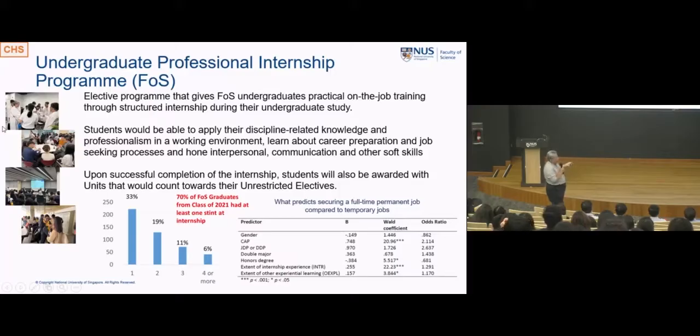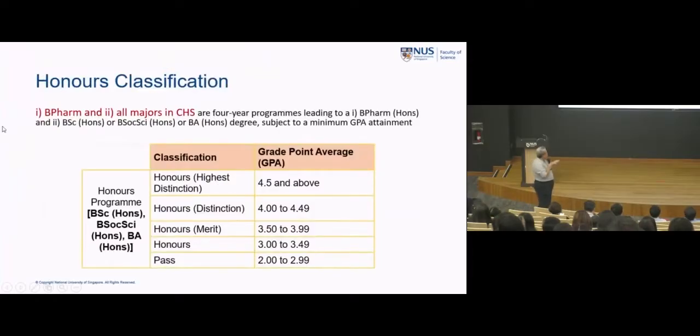If you just look at permanent jobs, yes. But if you look at salaries, it doesn't mean the first class and all that will always get the highest salary. Doesn't happen all the time. And there's also an anomaly. The first class people, most of the time, maybe they don't want a job. They want to go for graduate school. That will also change the data a little bit. So how do you make sure you at least maintain some of these? When you graduate, this is your highest distinction, you get a GPA of 4.5, and so on.